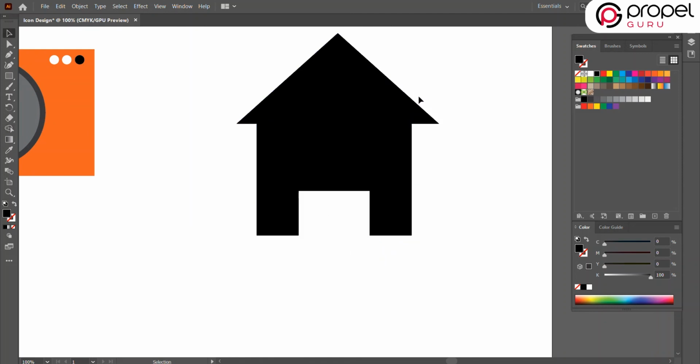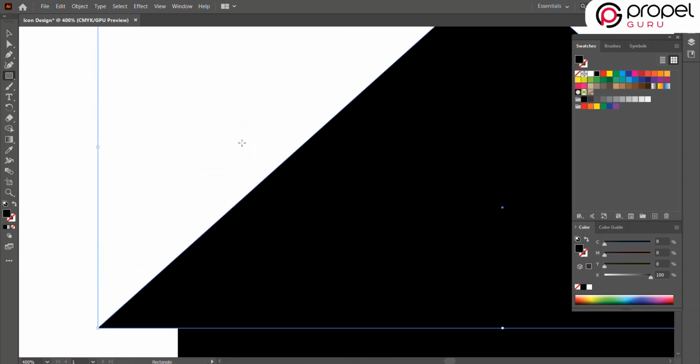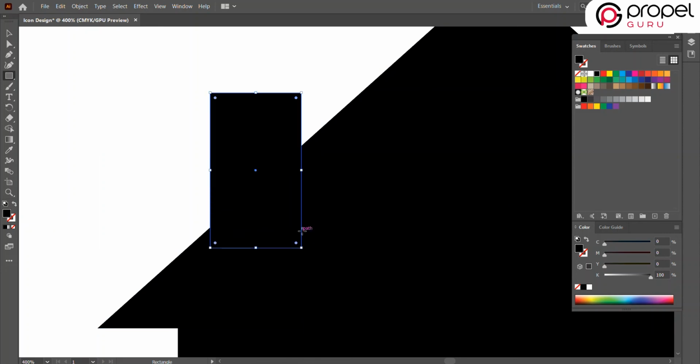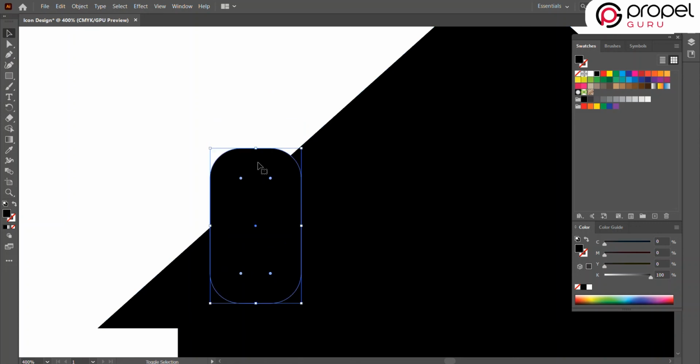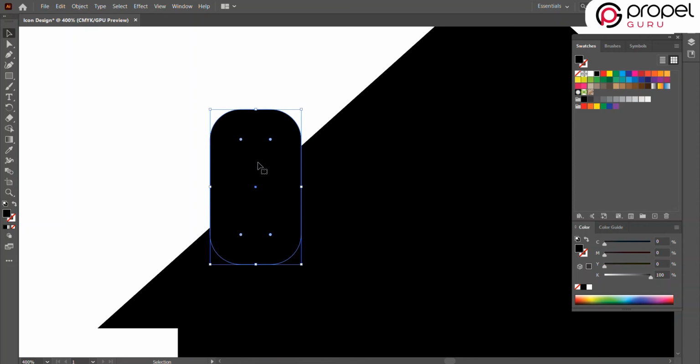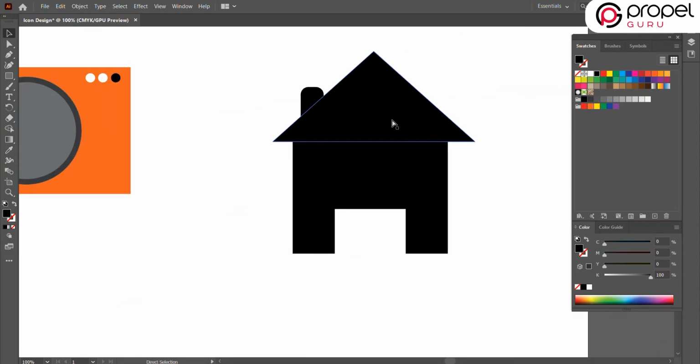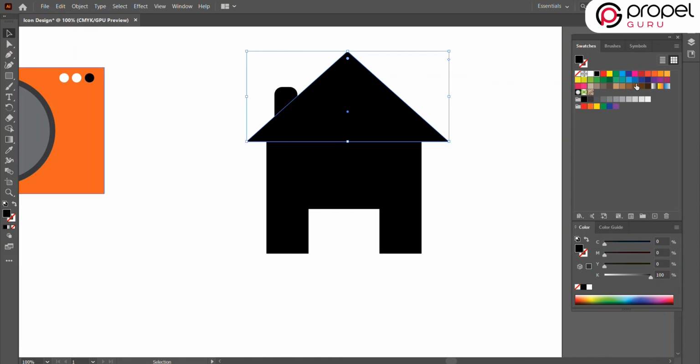This is not required. Let's make a chimney here. I'm using the arrow key to move it up and down. Now we choose the desired colors and fill them in our icon.